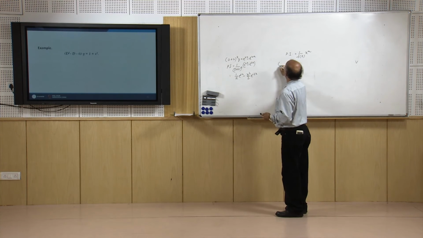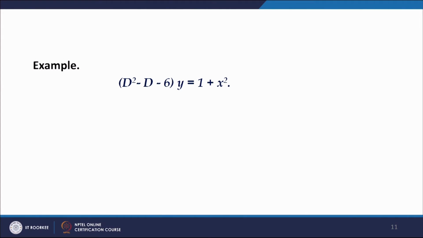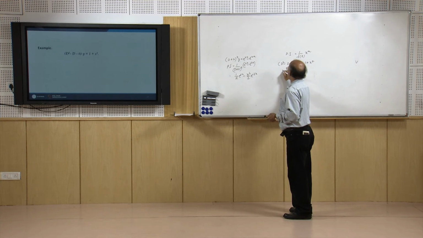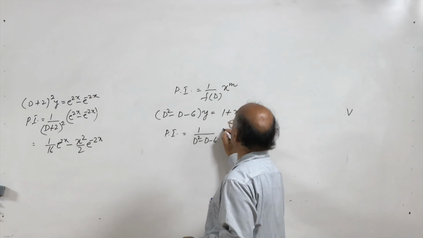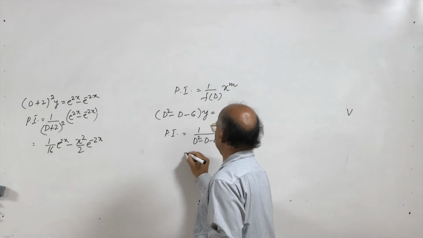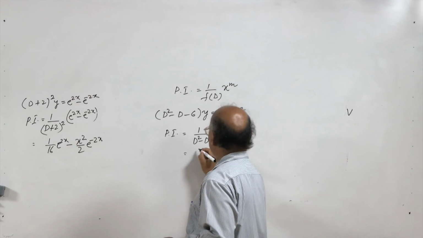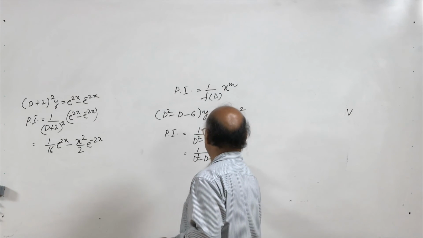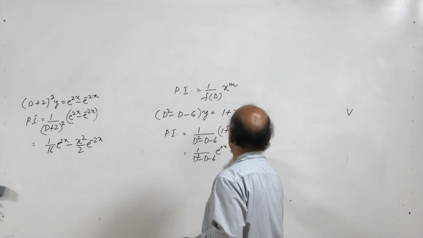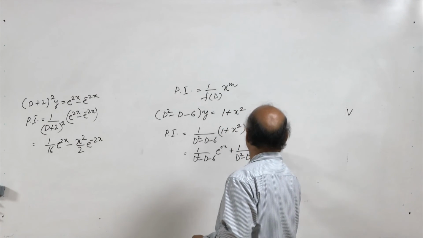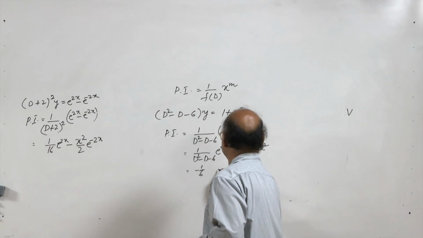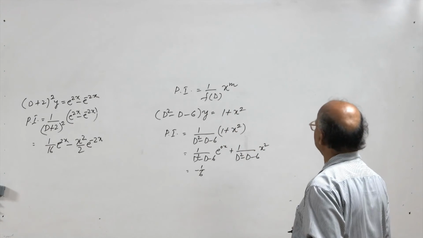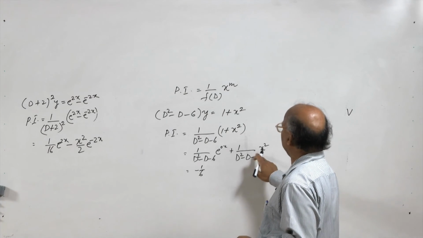Suppose we have the equation d square minus d minus 6 y equal to 1 plus x square. Let's find the particular integral here. So 1 over d square minus d minus 6 operating on 1 plus x square. 1 can be tackled again by writing e to the power 0x. So 1 over d square minus d minus 6 e to the power 0x, and then 1 over d square minus d minus 6 x square. By replacing d by 0, we get minus 1 over 6, and this is okay, and 1 over d square minus d minus 6 when it operates on x square,